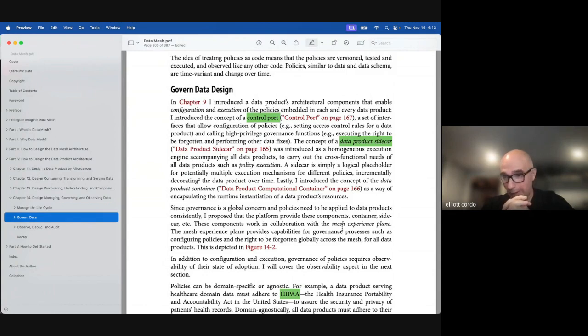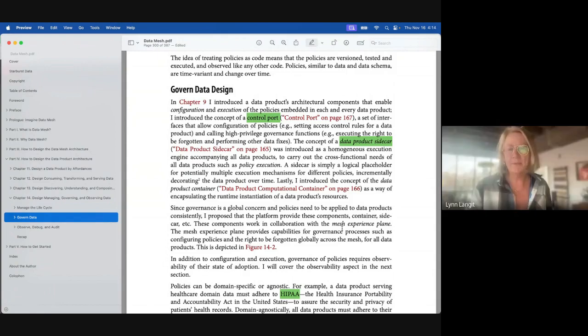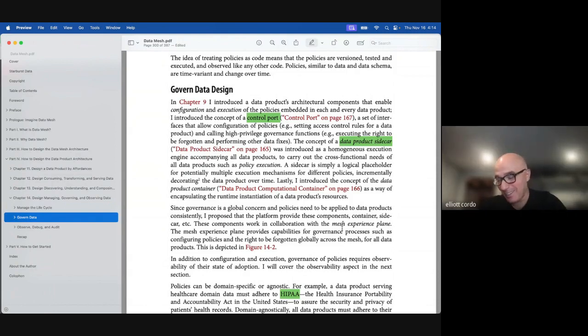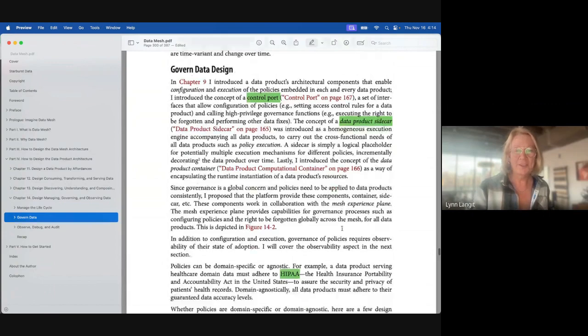Conceptually, this resonates, but thinking about how you'd actually do this for computational governance and policies, I just still don't have that one. I get what a sidecar is, and it makes sense. But this whole concept of the data product container, I don't see how it comes together. It equates to the technologies that I know, but I think the technologies we know don't enable this. We just haven't seen examples of it. No good examples. But maybe we will soon. Yeah, for sure.